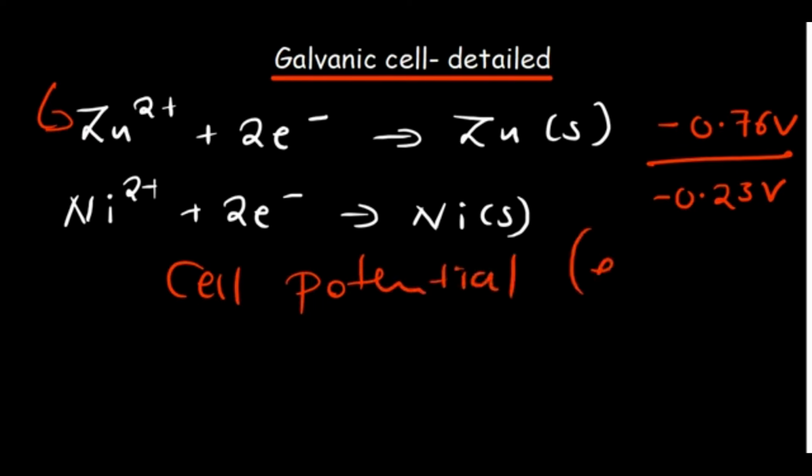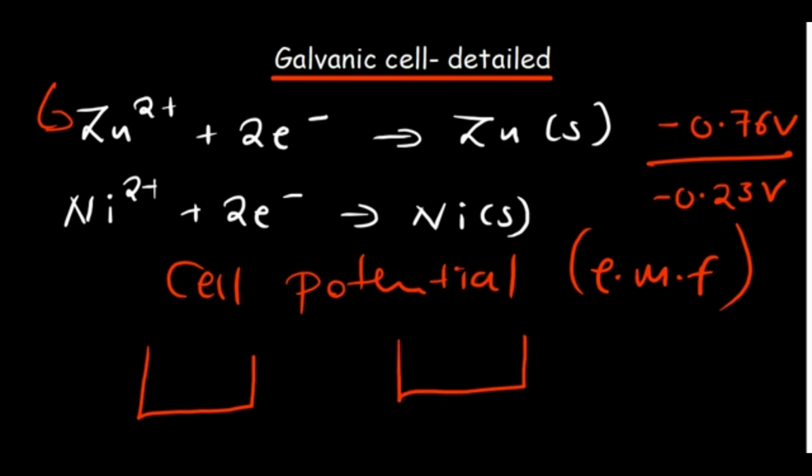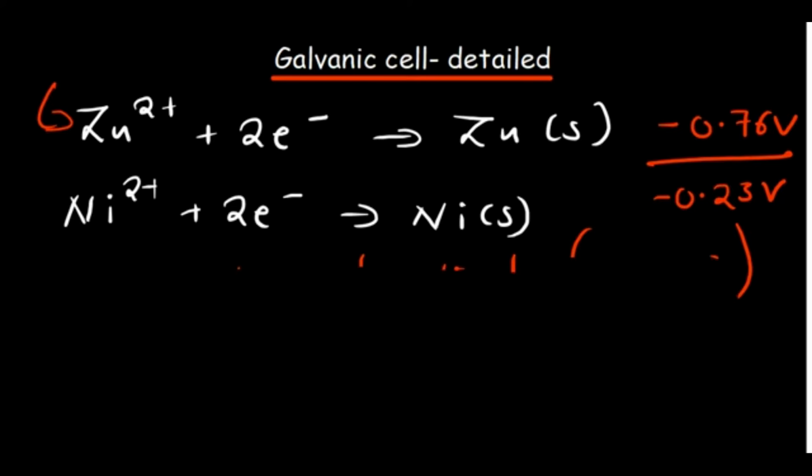Okay, so this is basically just the force that is putting electrons from one side to the other side. That force makes it possible for electrons to move in a galvanic cell. Remember we said this is the basic setup of a galvanic cell, where we have electrons moving from one end to the other. Okay, so now why we're calling it the standard cell potential is because standard cell potential is